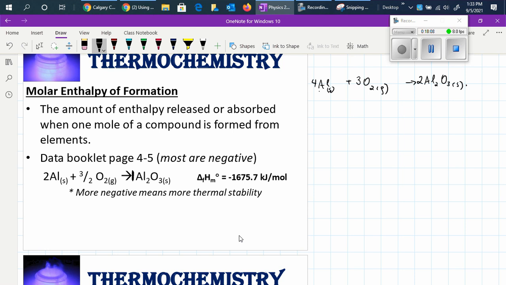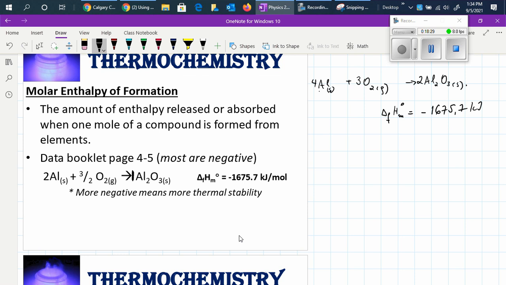However, when we are looking for the molar enthalpy of formation, in our data booklet the molar enthalpy of formation at standard condition is a negative